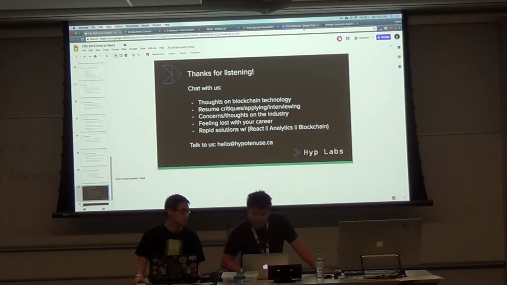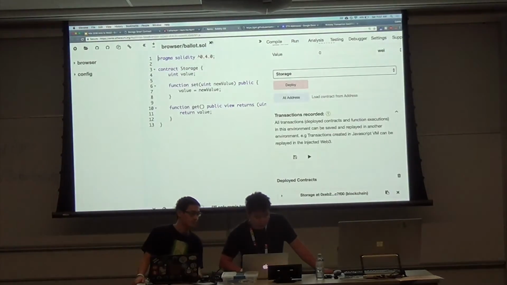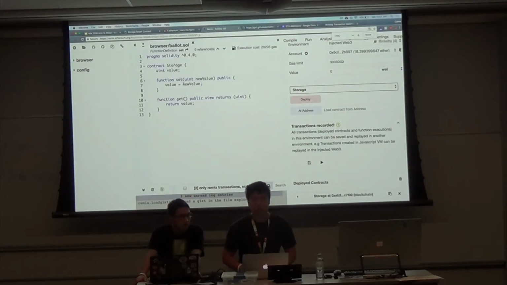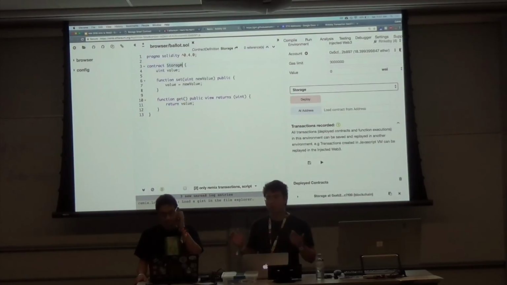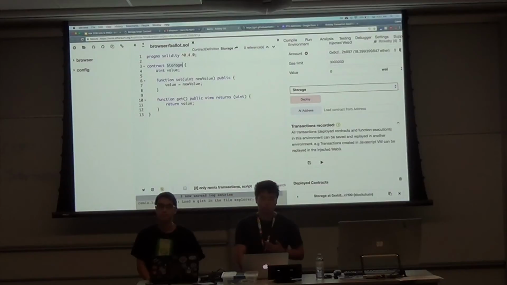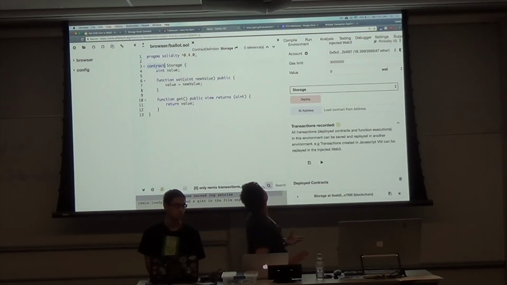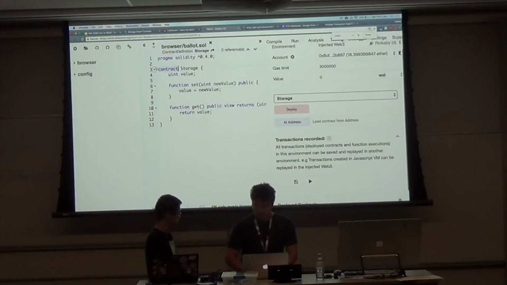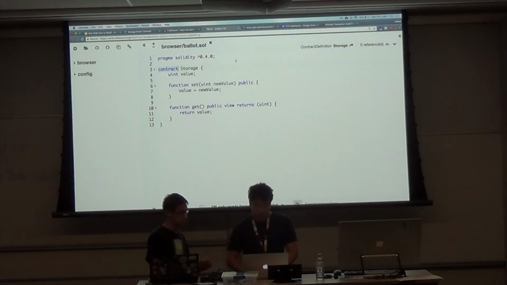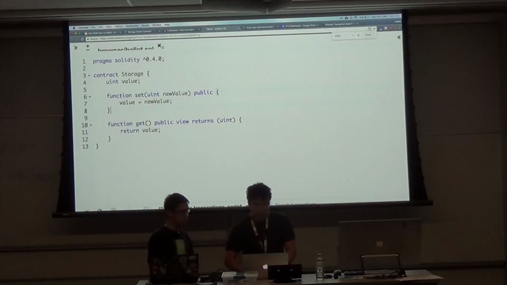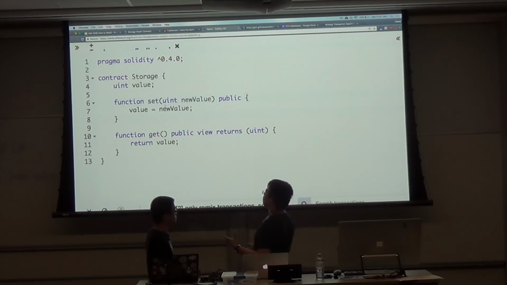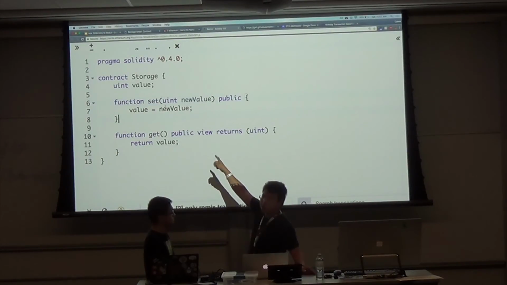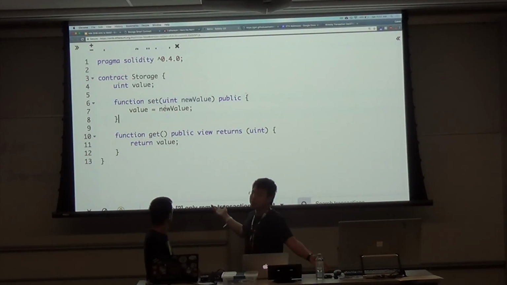Okay, so now that we have a little bit of time, let's go over limits. We didn't really have time to go over the language itself, but basically this is a language similar to C or JavaScript, if you're familiar with that family of languages. We're defining a contract, and this contract has two methods on it. One is set, which sets that variable, and one is get, which gets that variable.